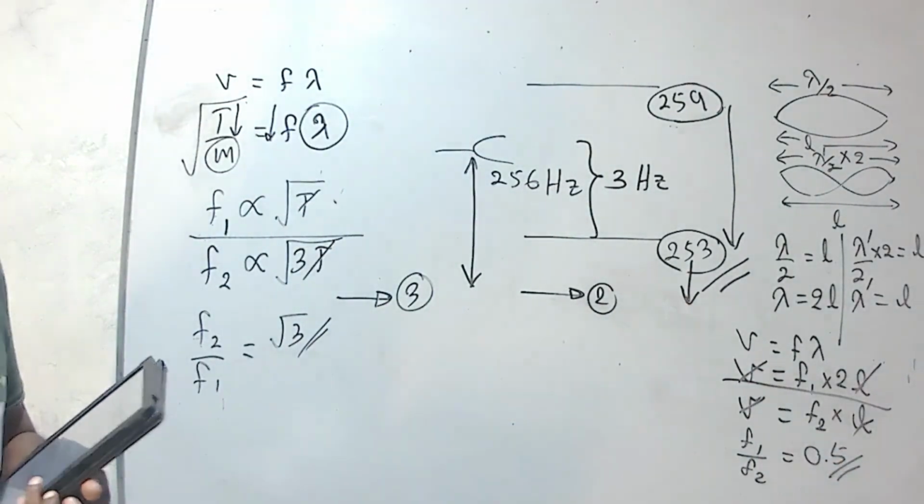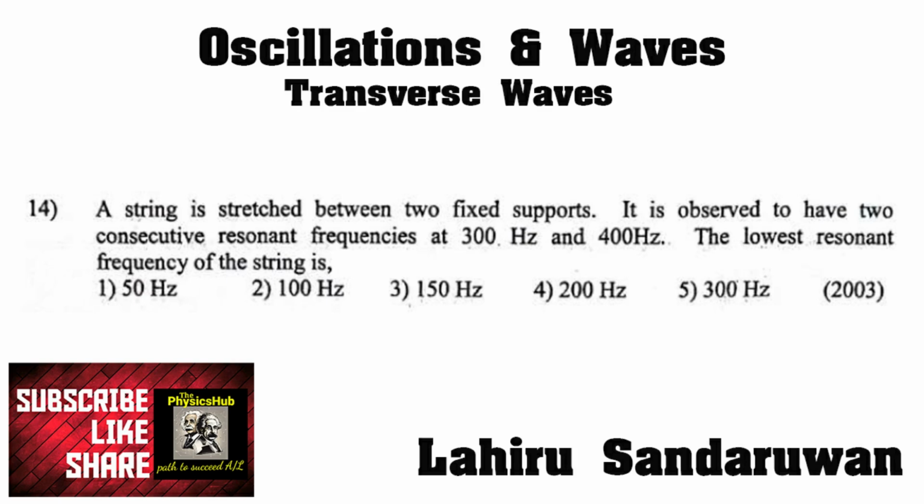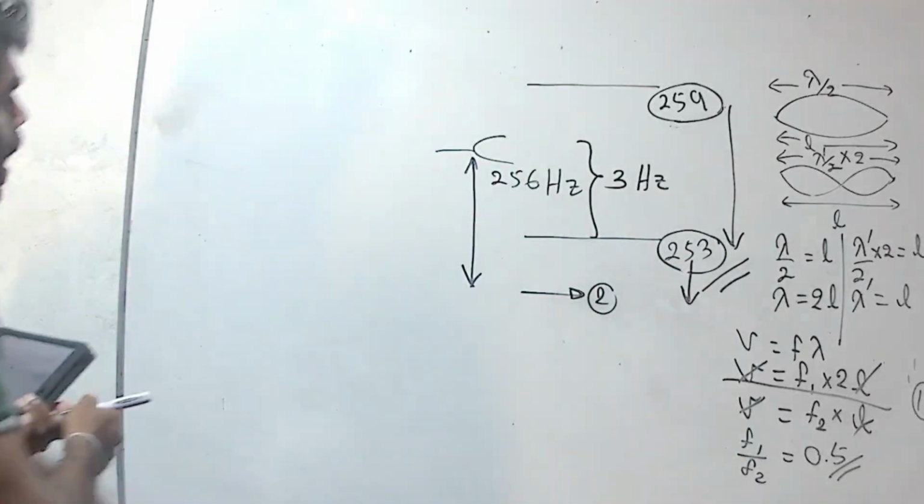Then answer is 1. A string is stretched between two fixed supports. It is observed to have two consecutive resonance frequencies at 300 Hz and 400 Hz. The lowest resonance frequency of the string is? We know that